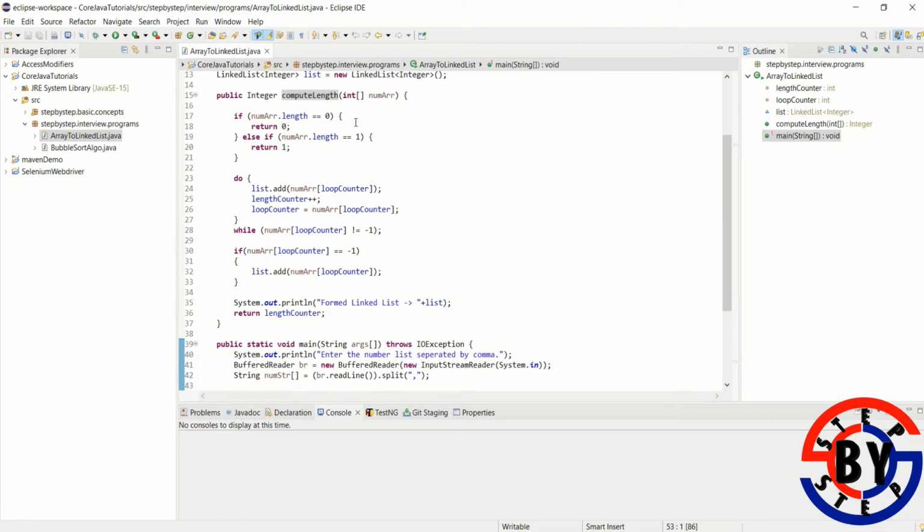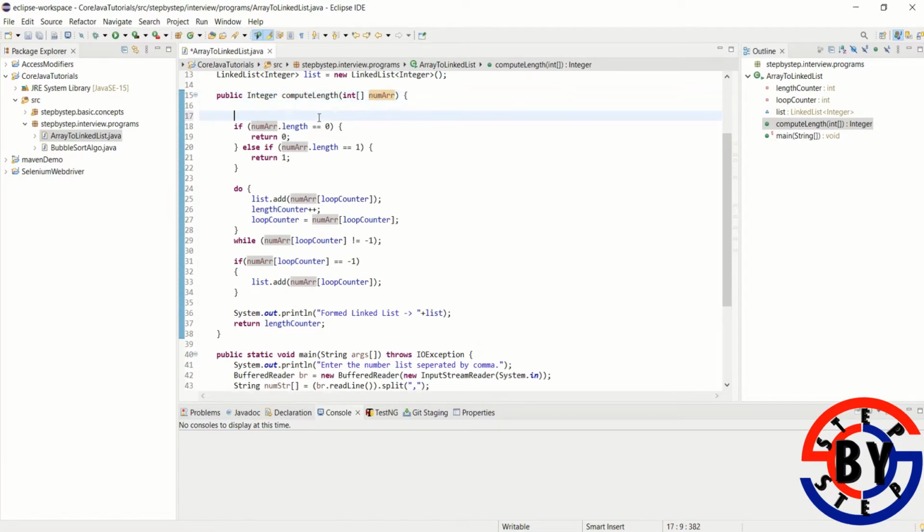In the computeLength method, it accepts the integer array as a parameter. The first thing is that we need to check whether the array is empty.